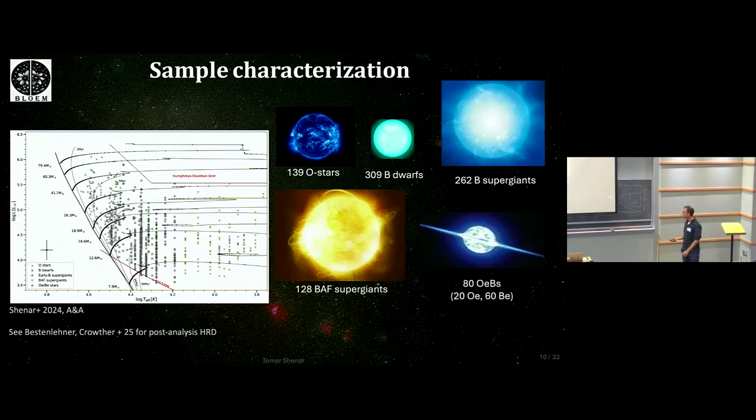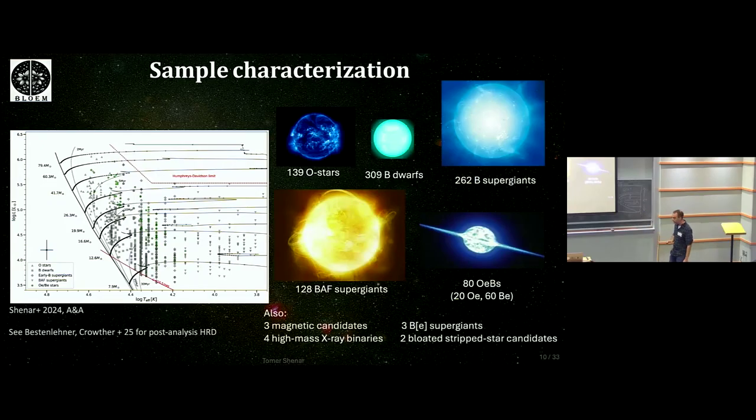And finally, we have the Oe and Be stars, rapidly rotating stars with disks. We can spectroscopically identify them. Literature massively suggests that many of them are post-interaction binaries, previous mass accretors. It makes sense to separate them and look at their binary properties separately, which is why they're separated. Not going to talk about all of these populations in detail, but just to give you an overview.